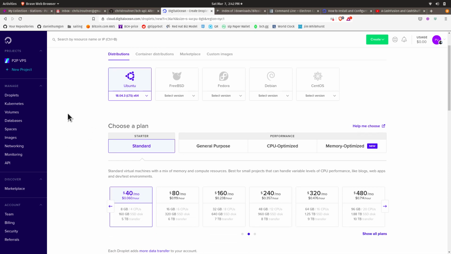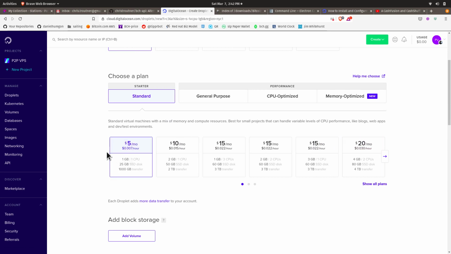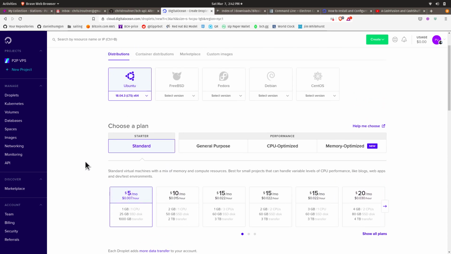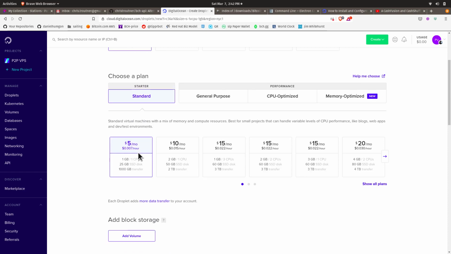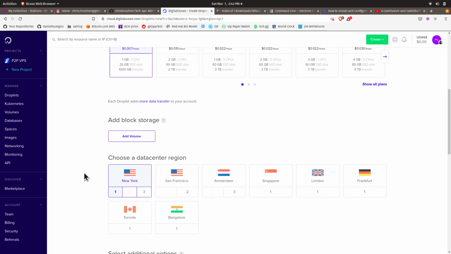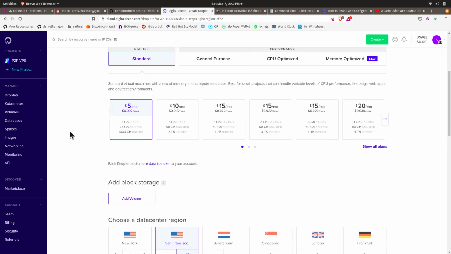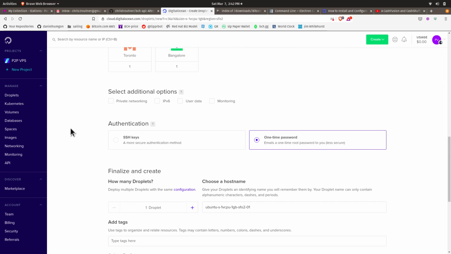And what's cool about this is it seems to work just fine. I haven't fully tested this, but it appears to at least be functional by using the cheapest $5 a month. And I think if you sign up for a new account, you'll get $10 for free. So anyways, we're going to use the cheapest one. I like to run mine in San Francisco, and might as well turn on IPv6. None of this is critical, but